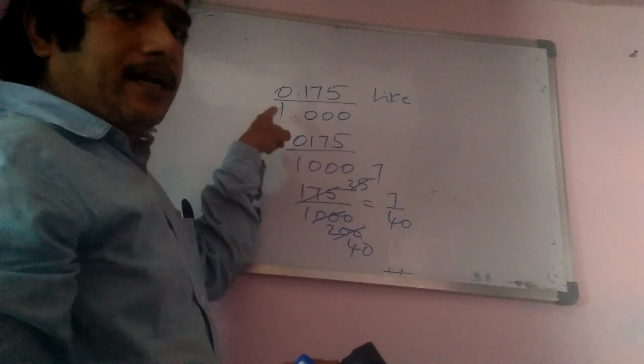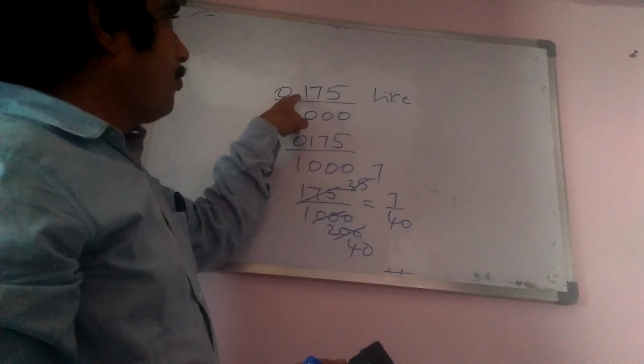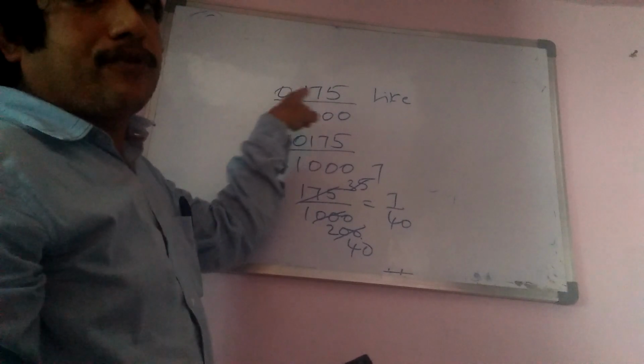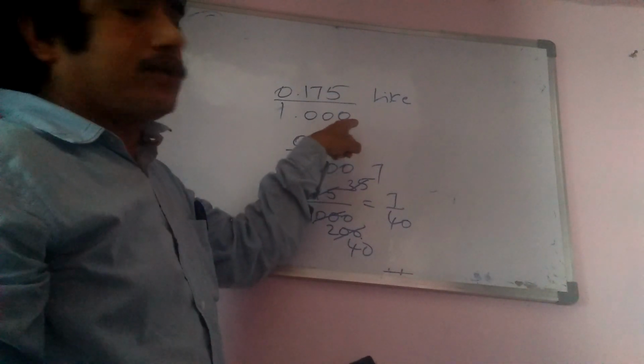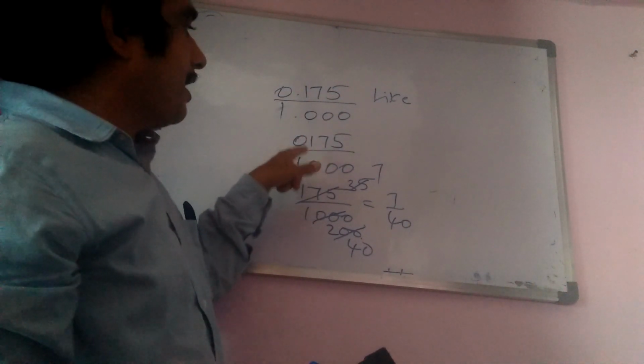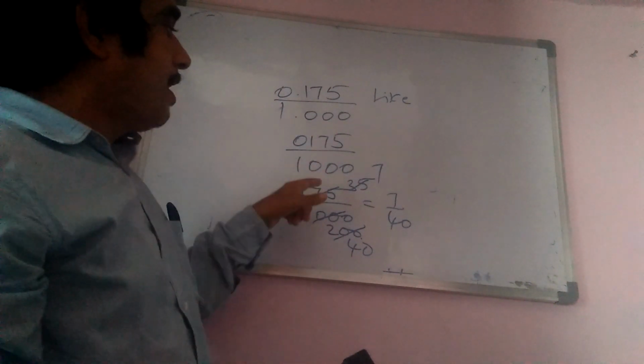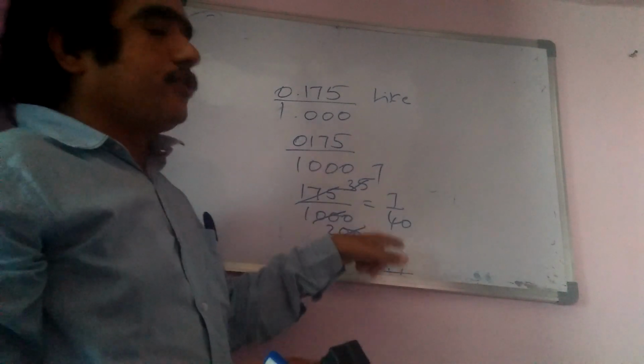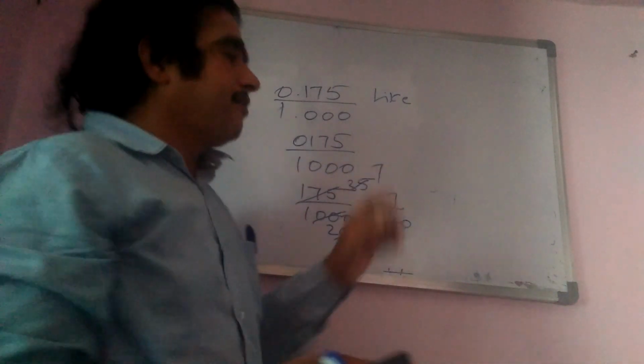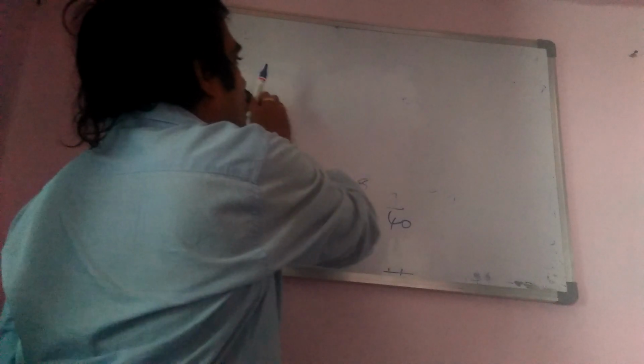For any terminating decimal, no need of thinking. Put 1 as the denominator. After the point, how many numbers are there in the numerator? Put the same number of zeros. Remove the point, write one more step, and if any left zeros are there, you remove them, and by cancellation you will get the required fraction.